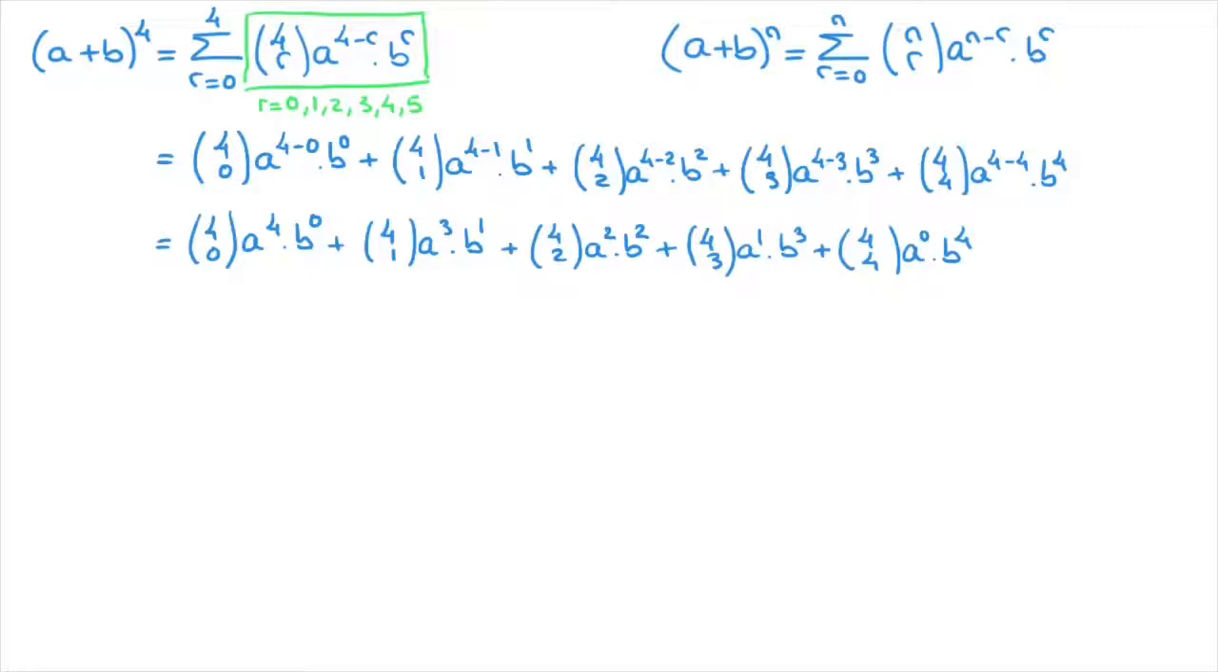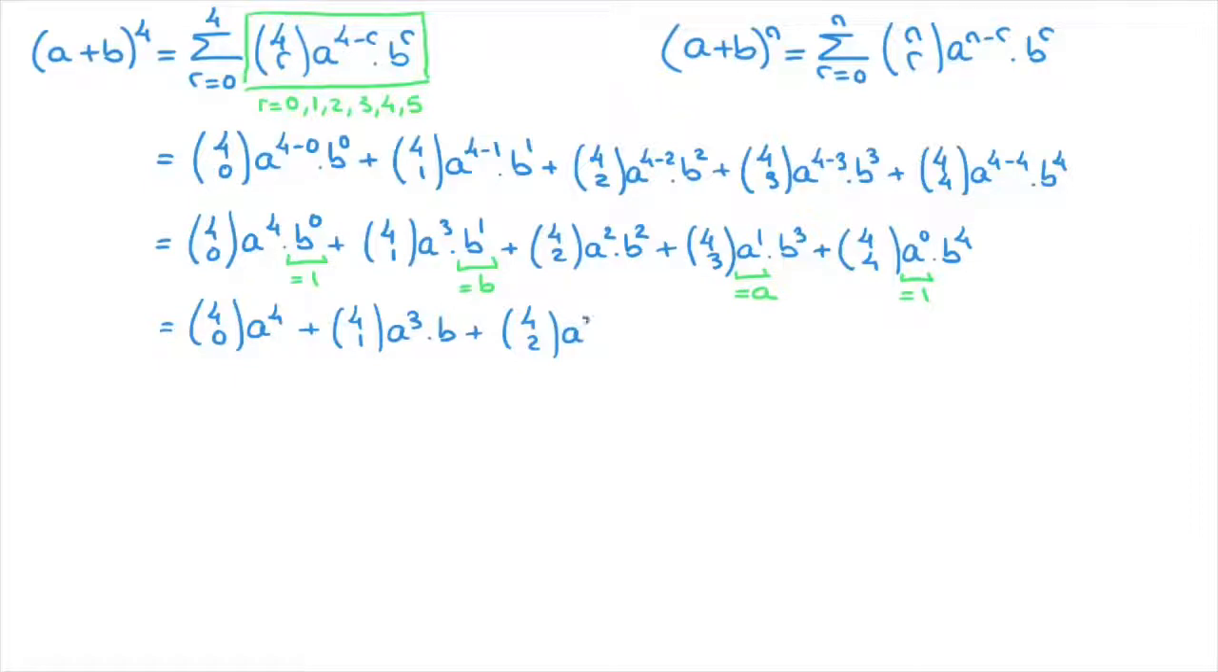Remember, any number raised to the power of 0 equals 1, so b to the power of 0 equals 1, and a to the power of 0 equals 1, and any number raised to the power of 1 is equal to itself. So b to the power of 1 equals b, and a to the power of 1 equals a. So we can now simplify this further to write that this equals (4 choose 0) times a to the power of 4 plus (4 choose 1) times a to the power of 3 times b plus (4 choose 2) times a squared times b squared, and carrying on this way we find